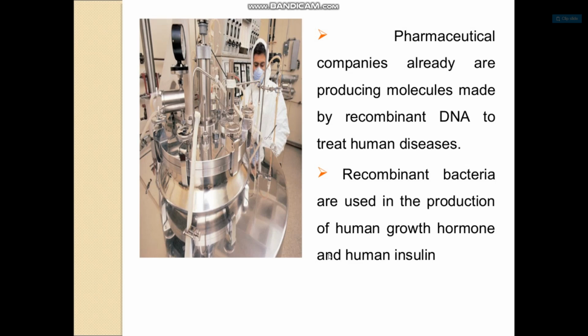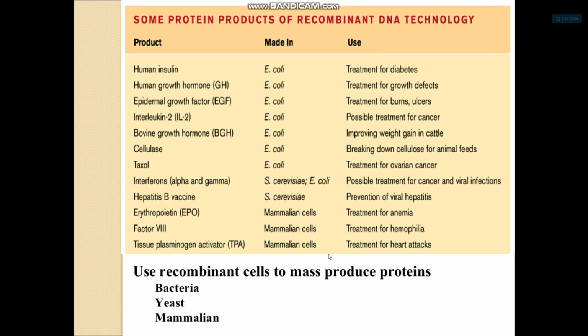So pharmaceutical companies are already producing molecules made by recombinant DNA to treat human disease. So recombinant bacteria are used for production of human growth hormone and human insulin. So some proteins produced by recombinant DNA technology: human insulin, which is got from E. coli, is used for treatment of diabetes; human growth hormone, treatment for growth defects; epidermal growth factor, treatment for burns and ulcers; interleukin 2, possible treatment for cancer,